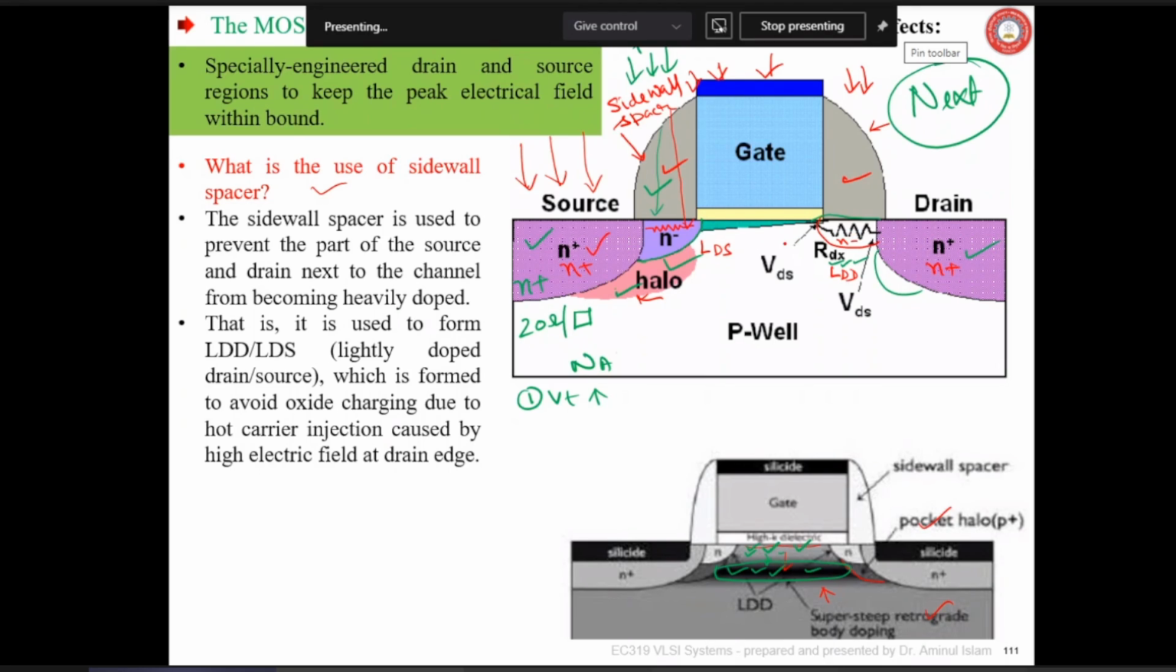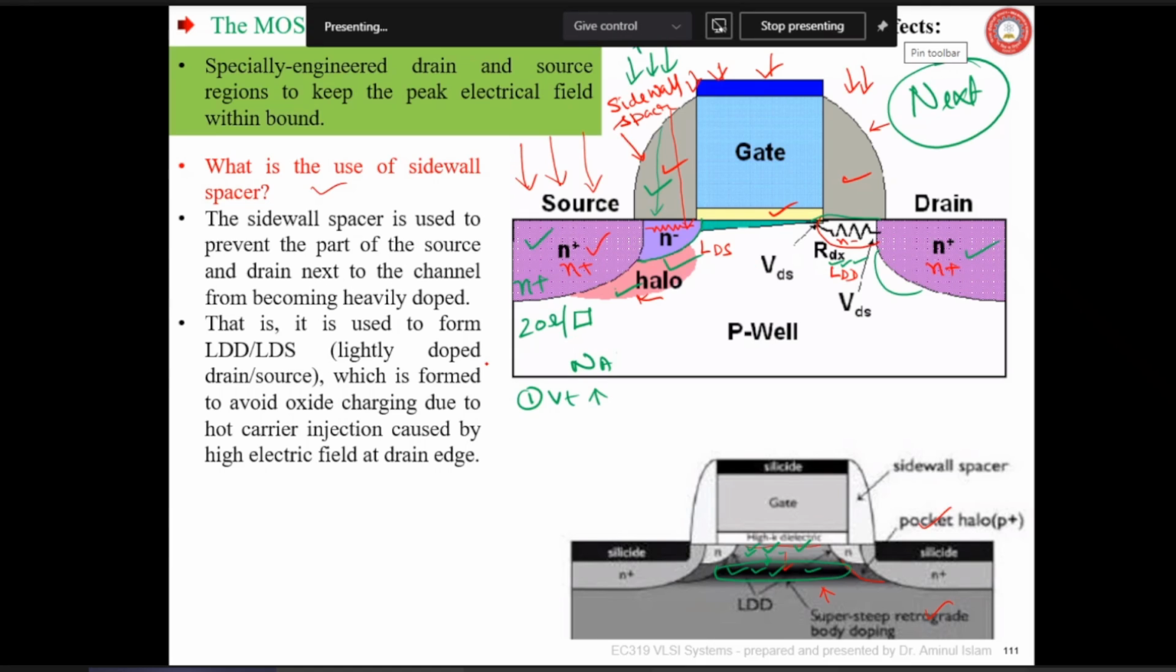And if higher resistance is there, then the hot carrier injection may not be able to gain high speed at the drain edge and hence will not be able to cross over the barrier offered by the oxide, this silicon dioxide, and it will not be able to give rise to gate leakage current, or it may not be able to charge the oxide, and hence